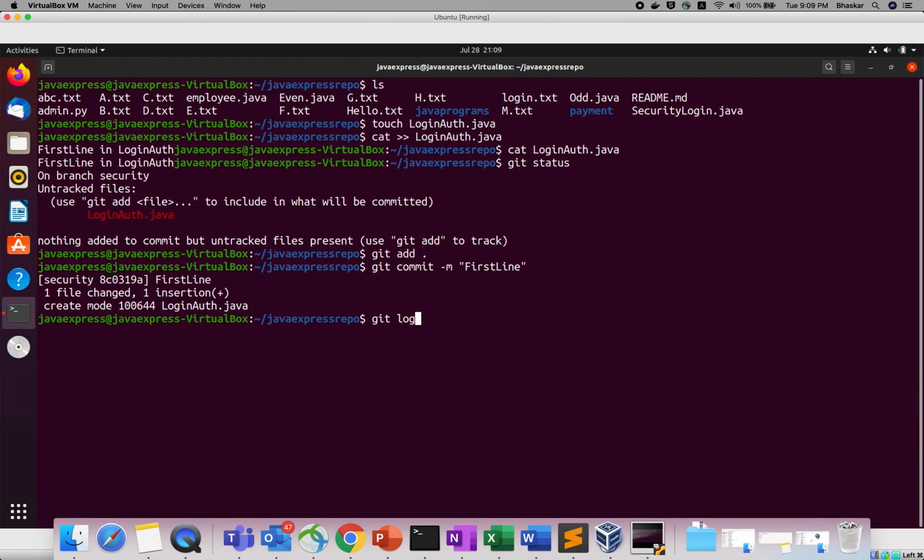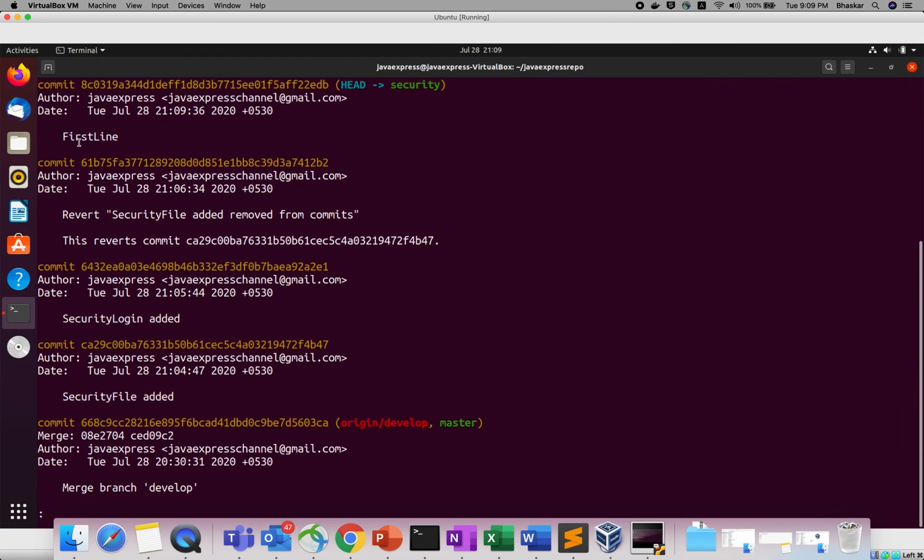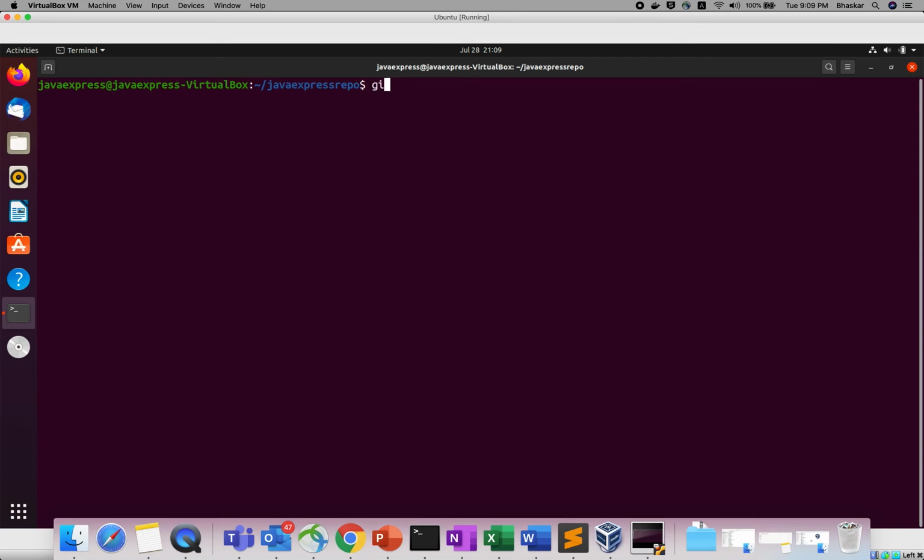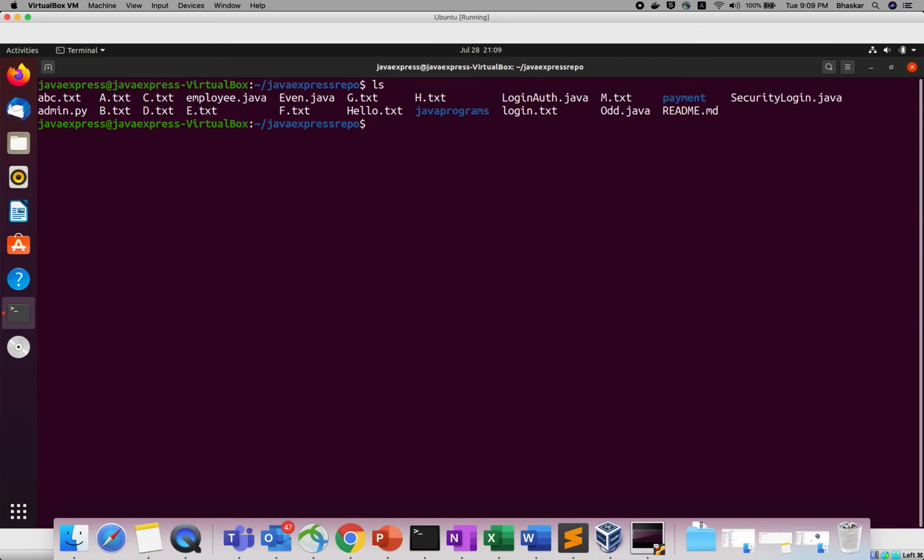If you see the git log, this is first line, in which file? In the login auth file we did, right? Now if you do the ls command, where is our file name? Login auth, right? Again I will append a few more data in login auth.java, here I will make it the second line in login auth.